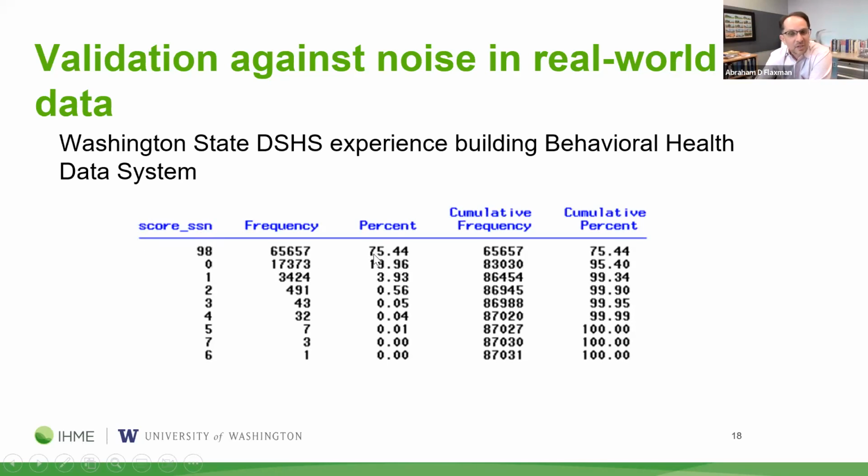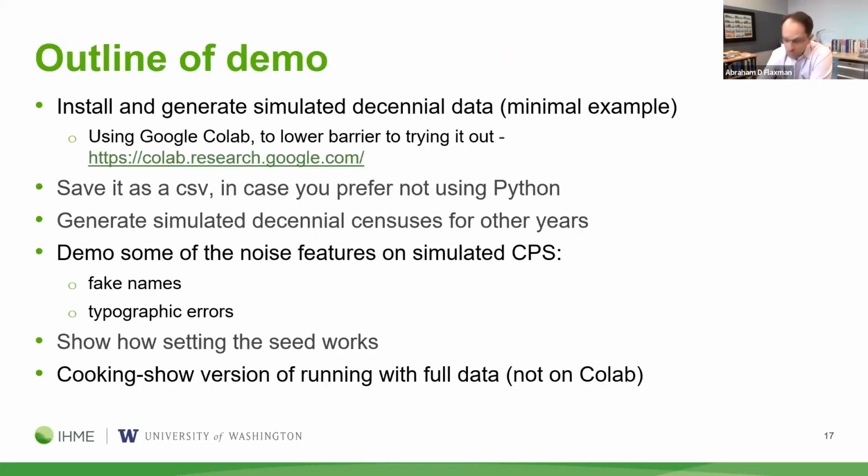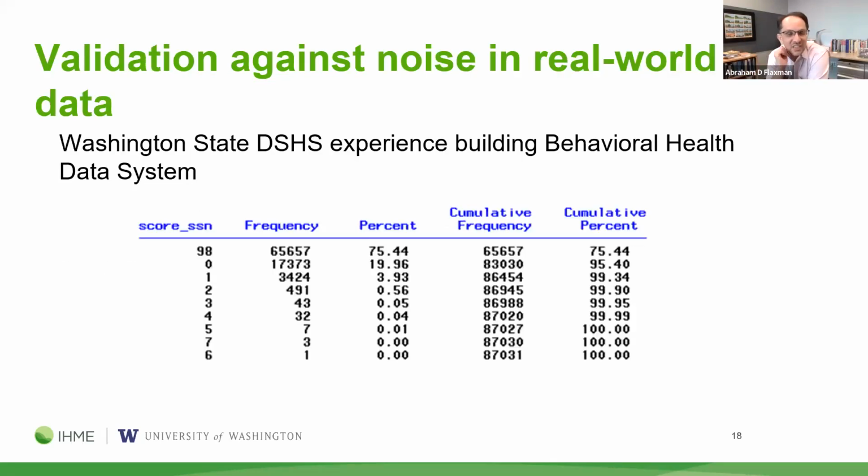So about 75 people out of 100 who are in their database don't give them a social security number to match. But 20 out of 100 do give it to them, and give it to them right. And then of that remaining 5, 4 of them are just wrong on 1 digit.